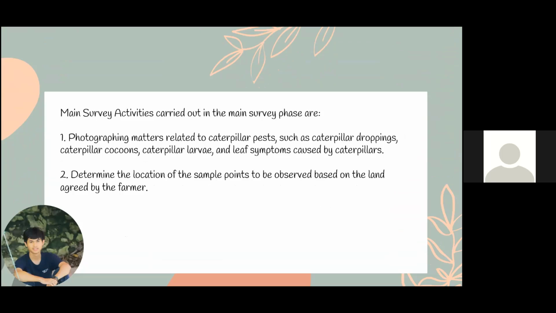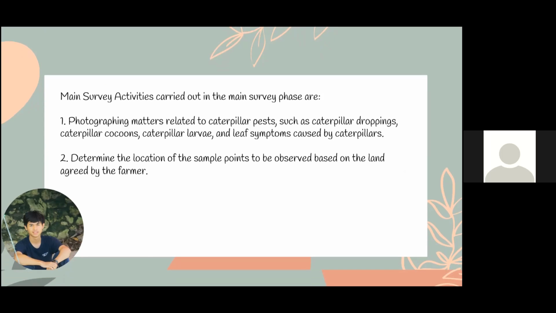Main survey activity carried out. In the main survey, first, photographing matters related to caterpillar pests, such as caterpillar droppings, caterpillar cocoons, caterpillar larvae, and leaf symptoms caused by caterpillars. Second, determine the location of the sample points to be observed based on the land agreed by the farmer. Next,